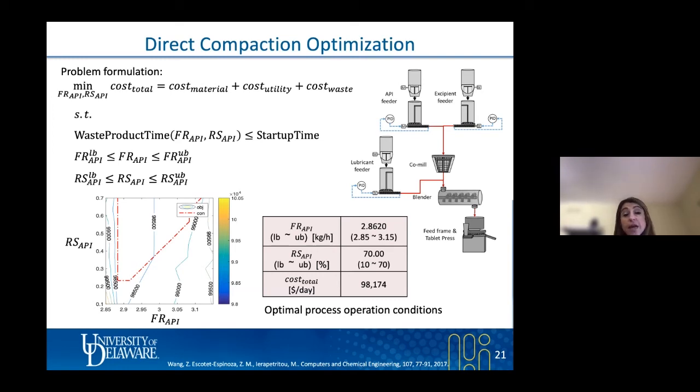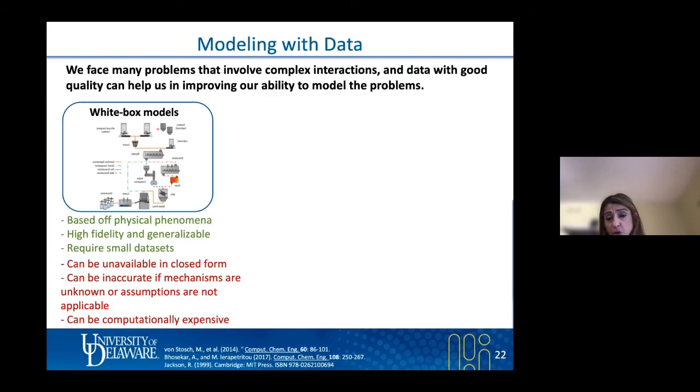And for the direct compression line, for example, we have minimizing cost as one of the objectives, but definitely you can incorporate other objectives, like the fact that you have to reduce the waste product, while of course keeping the product quality constraints as hard constraints in your problem. This gives rise to the optimum solution that tries to produce as many tablets as possible while minimizing the cost. I'm not going to go too much into the details because I don't have too much time, and I would like to move to another very important part of